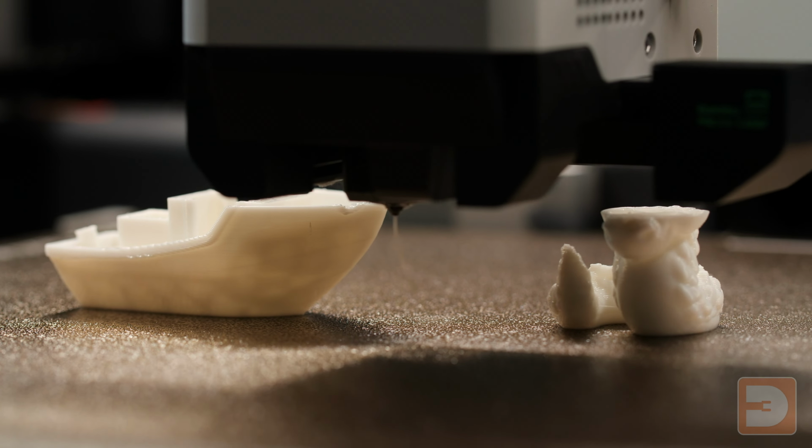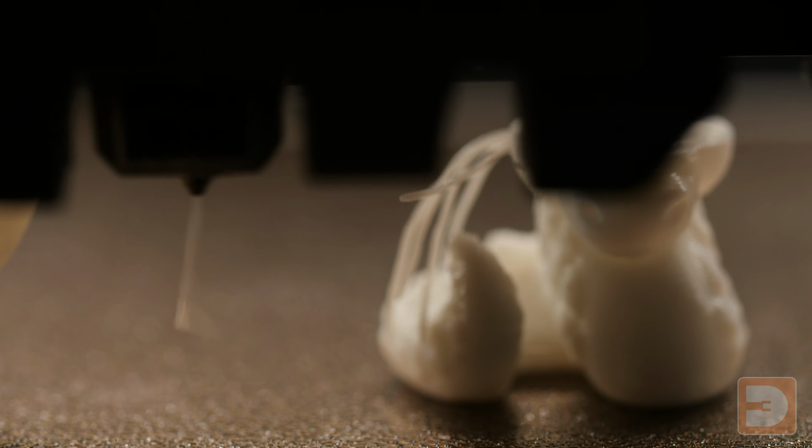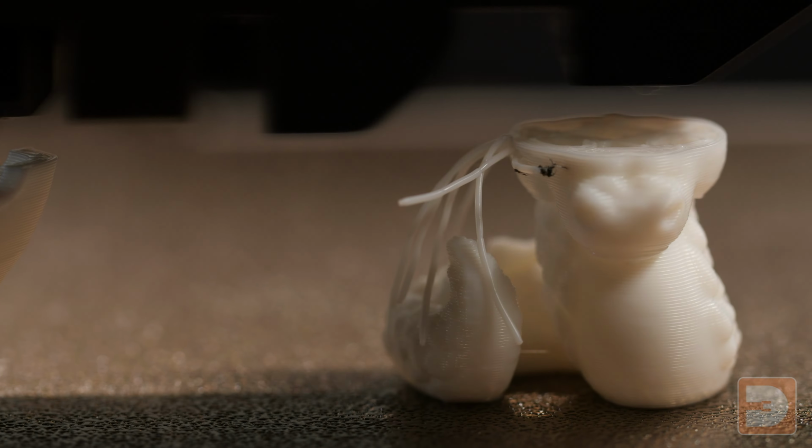Now your printer's just going to start draping the spaghetti, which should have been part of that failed model, onto the other items on your print bed. So what are you going to do, just cancel the whole print and start again? Luckily, Bambu took a leaf out of Octoprint's books and baked a skip item feature directly into their printers, and